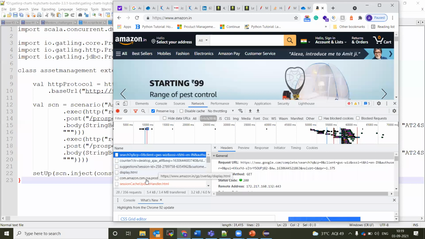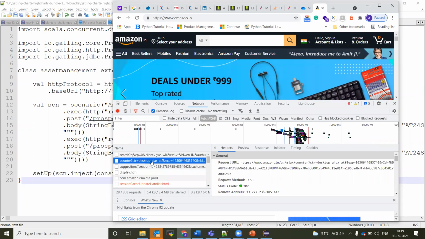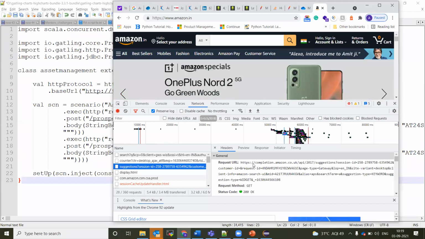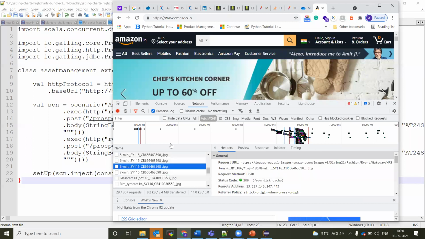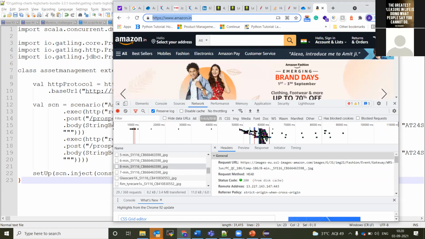And for Amazon also, the first one should be a get method. After calling Amazon, Amazon in turn will call all these other things. This is a post method and all other things will be called. But the URL, amazon.in, is always a get method from the browser, so it will fetch the data from Amazon and display your result.